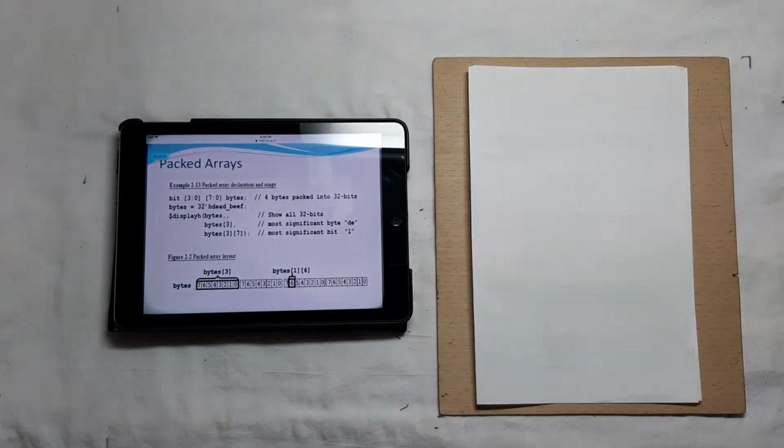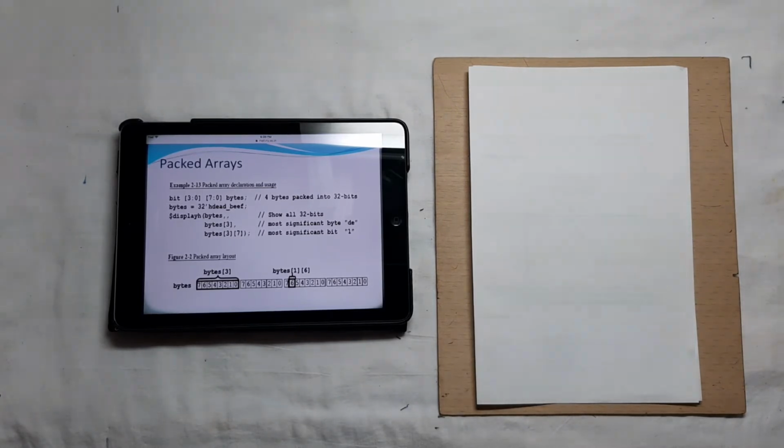So next we have the packed arrays. Unpacked array we have seen. When we use the unpacked array, there is a lot of unused space. But what is a packed array? For some data types, we may want to access the entire value and also divide it into smaller elements. Then we go for the packed array.